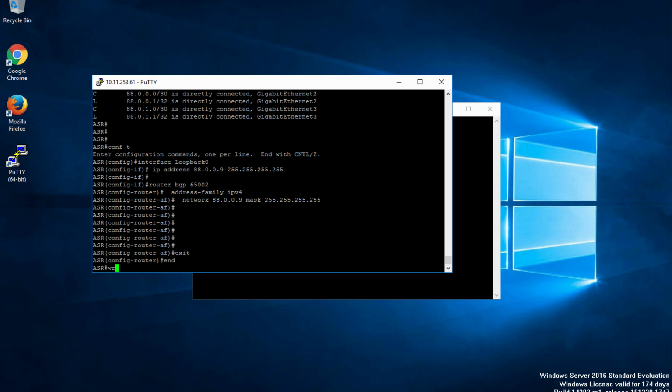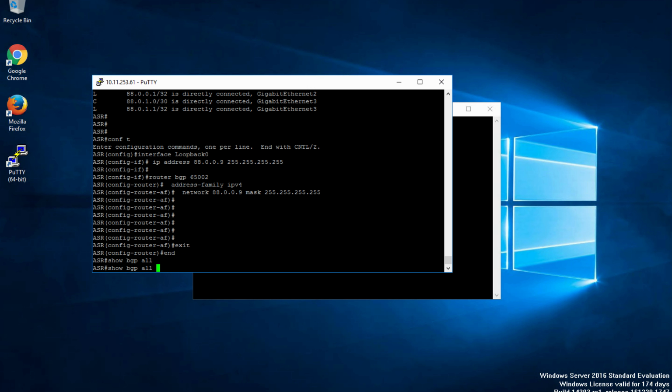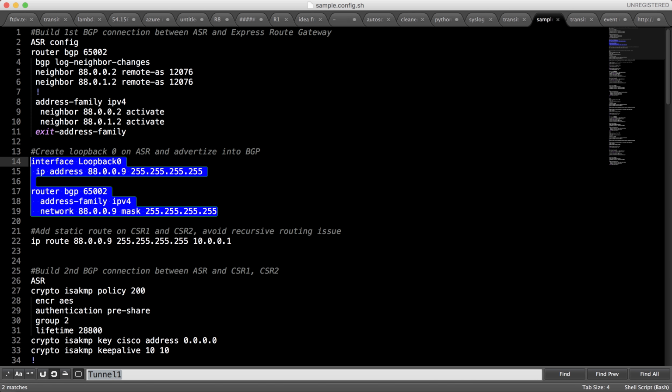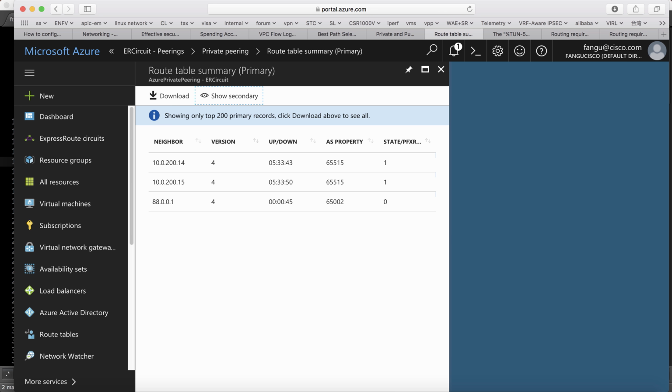So we already configured the loopback BGP. Let's show BGP on. Okay, so this IP address, 88.0.9, will be advertised to the other VNG. Well, that's the first route we advertised through the ExpressRoute connection. So now if we go back here, I think we are at the